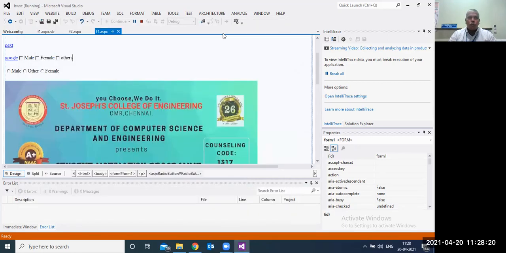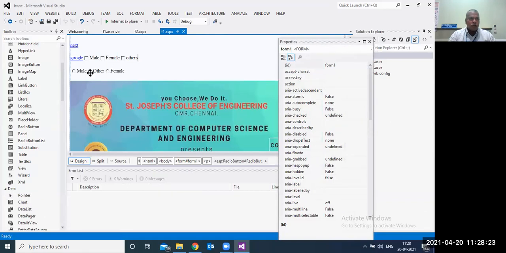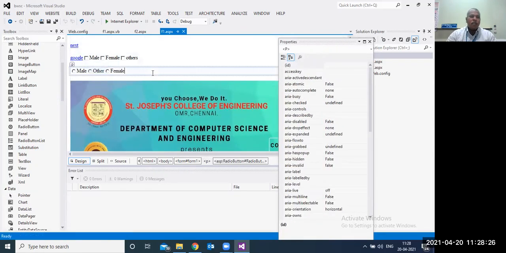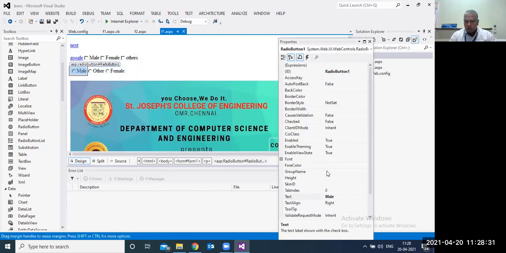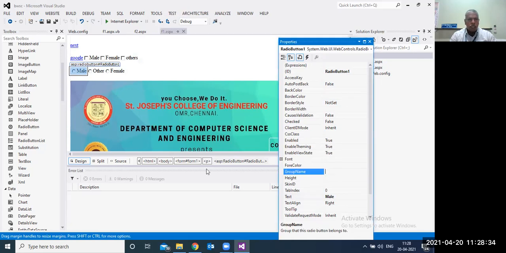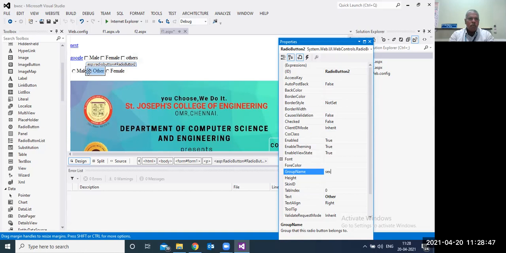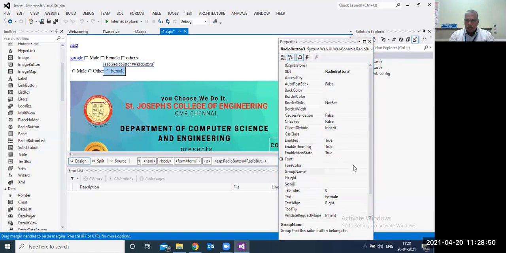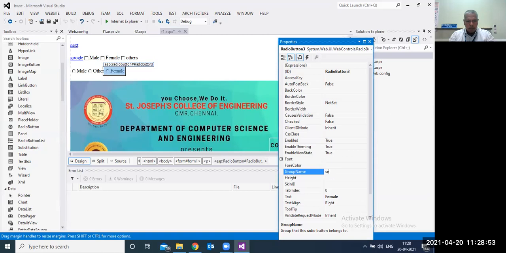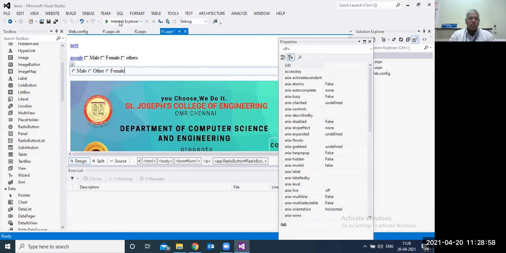Then how to make this radio button do a single selection? You have to give the group name. For the three controls I have to give the same group name, as sets. Same group name for all the controls. Then this will work as a radio button, giving single selection.